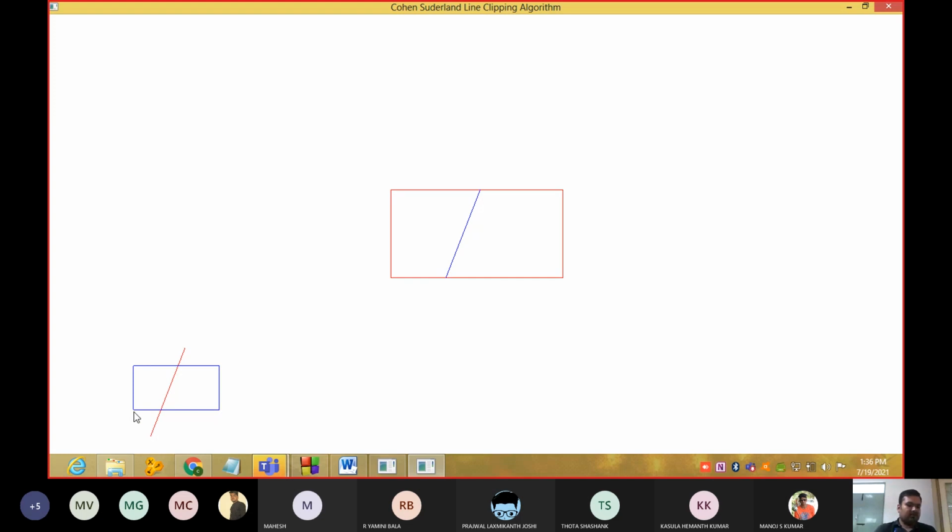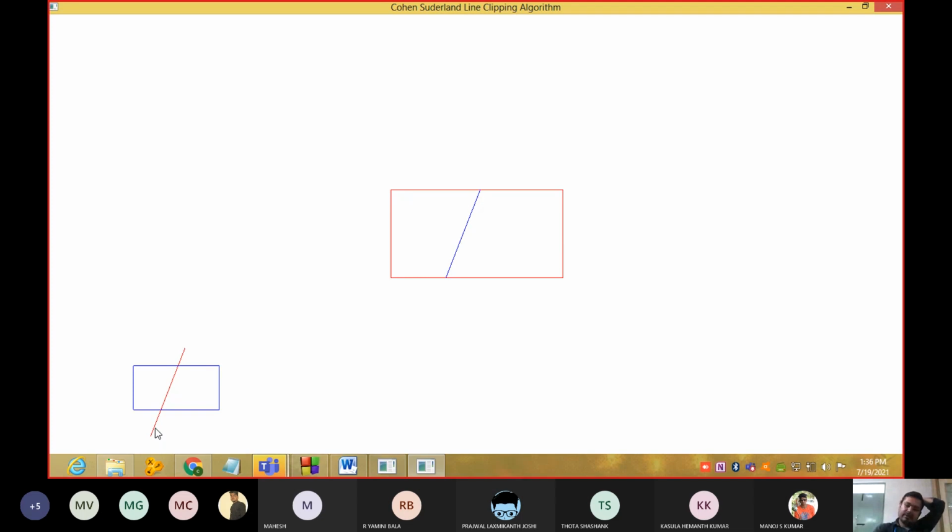First of all, to draw this rectangle, we need x minimum, y minimum, x maximum, y maximum. See here, guys, to draw this rectangle on the screen, first we need the values x minimum, y minimum, x maximum and y maximum. Next we need the end points of the line.